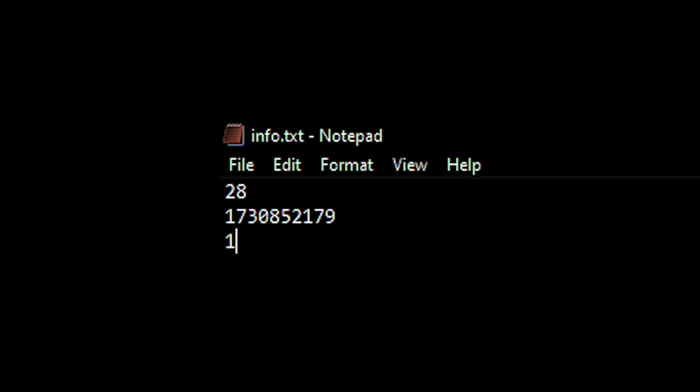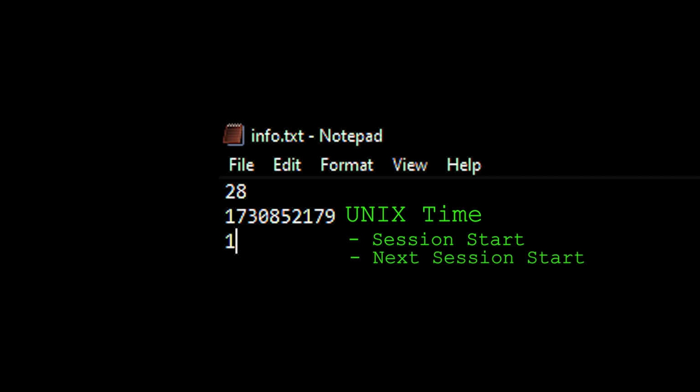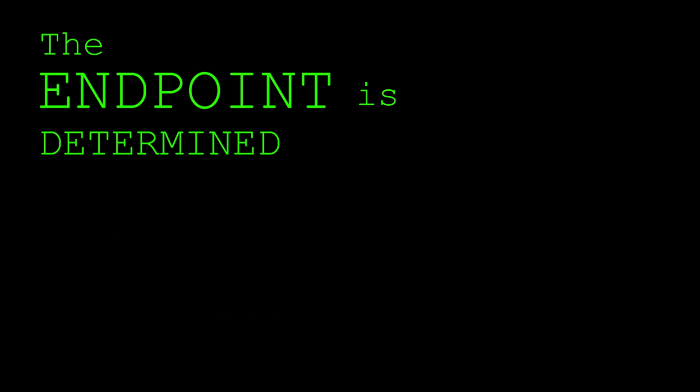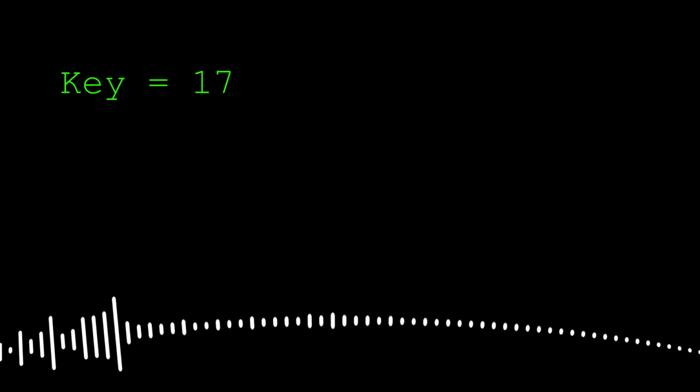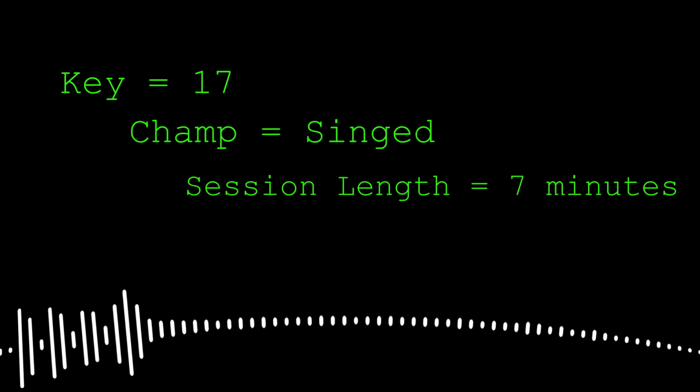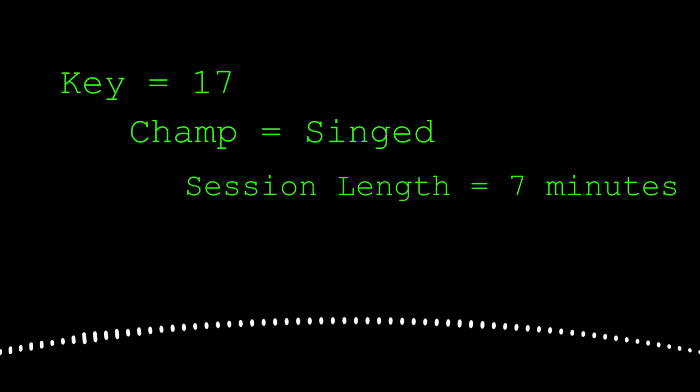The Unix time generated serves 2 purposes. The time serves as the starting point for when Horizon initially begins logging keystrokes, but it also serves as the endpoint for when a new session should be generated, and consequently a new champion chosen. This increases the unpredictability of the information provided, as well as further obfuscating the code should any curious users open the document. This means randomly generated keys will therefore correlate to champions, which in turn results in upload times at intervals based on the keys.